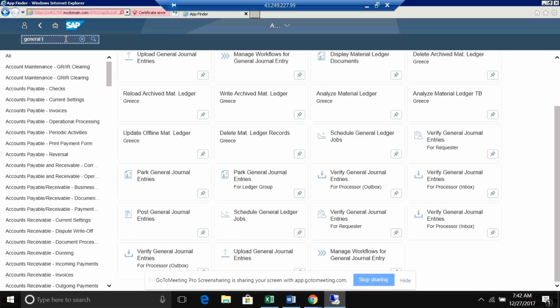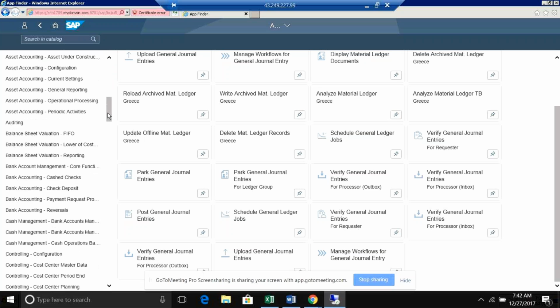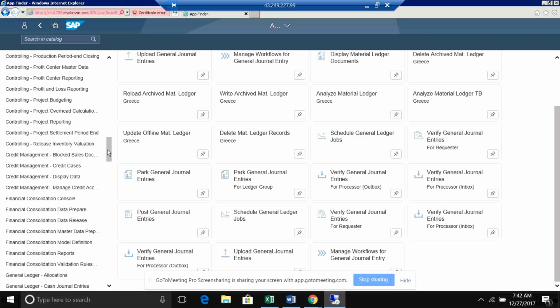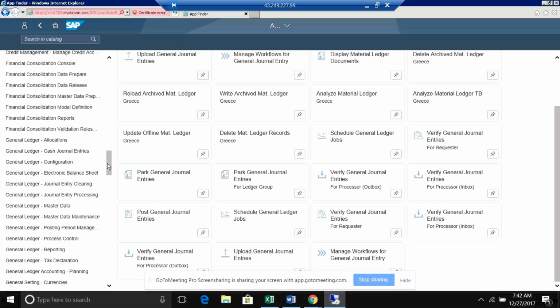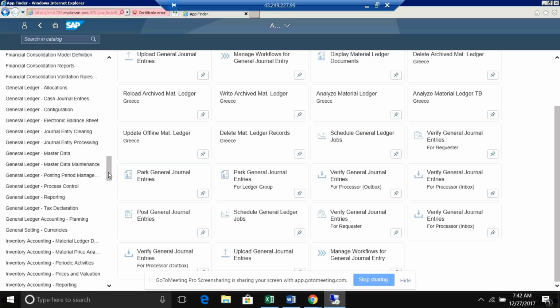Those we will see in the relevant lecture. For example, controlling, credit management, financial consolidation, and here, general ledger accounting.